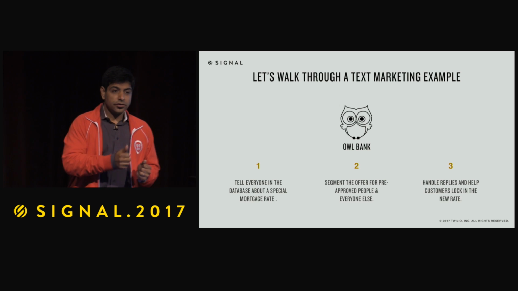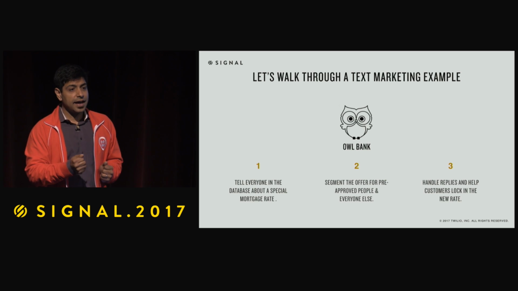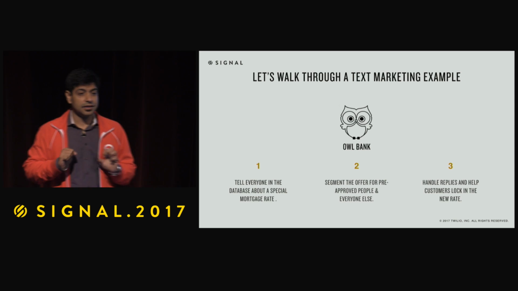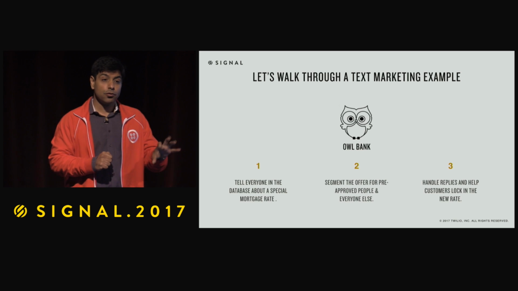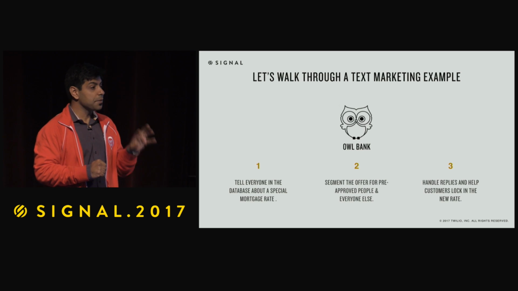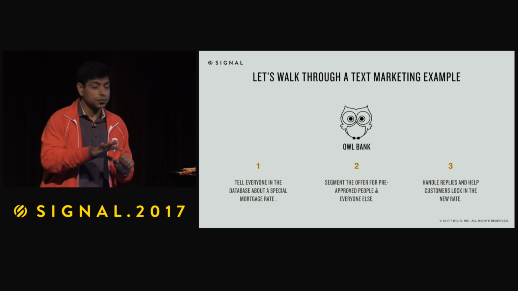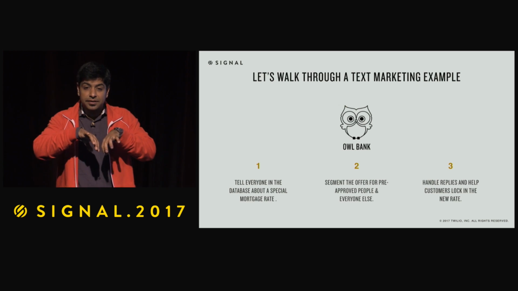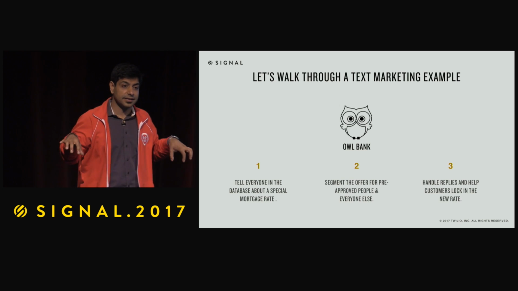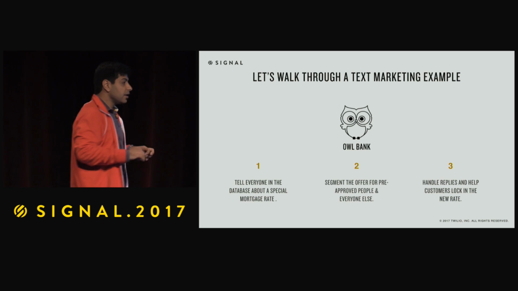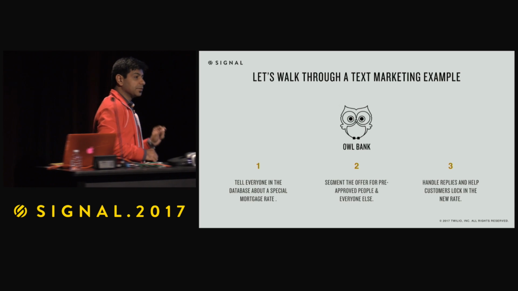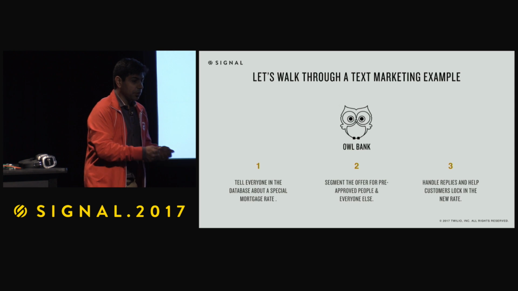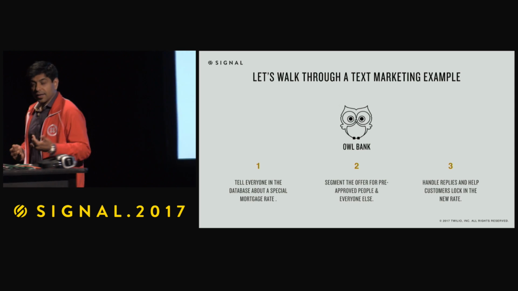But then it also wants to take this extra step of going, I know that I have 2 types of audiences in my database. Those people that are pre-approved for a mortgage, who have a very high propensity to get a mortgage from me, and those people who are not pre-approved, and it is everybody else. So I want to segment the message differently and send different content to different people. And then for the people that are pre-approved, I want to give them some special service and let them reply to the message and help them get their mortgage right away and get going.